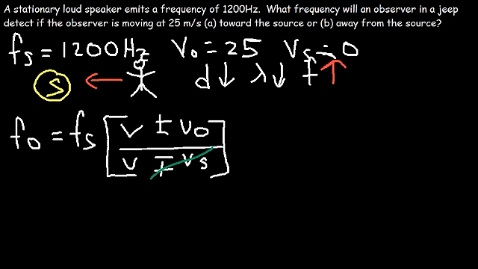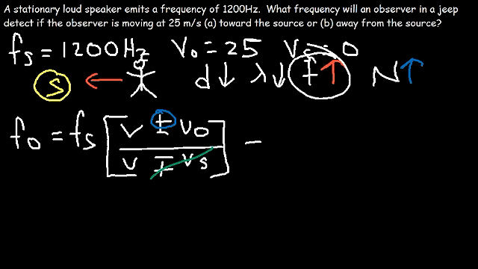We want the value of the frequency to increase. So we're dealing with the numerator. In order to increase the frequency, we must increase the numerator, which means that we must use the upper sign, the positive sign. So you can always use the upper signs if the distance between the source and the observer is decreasing. You can use the lower signs if the distance between the source and the observer is increasing.